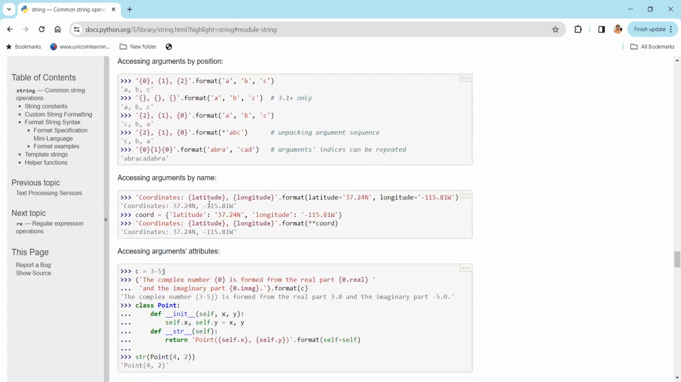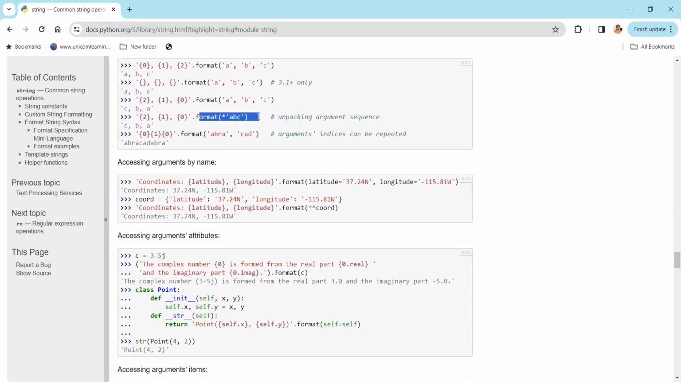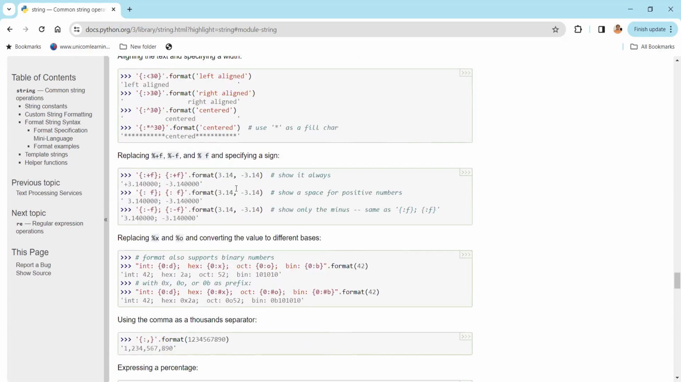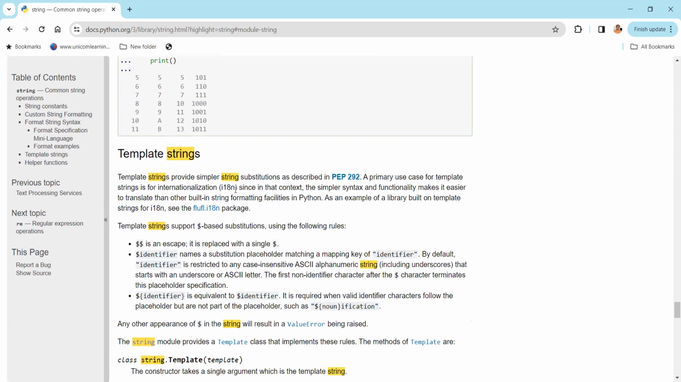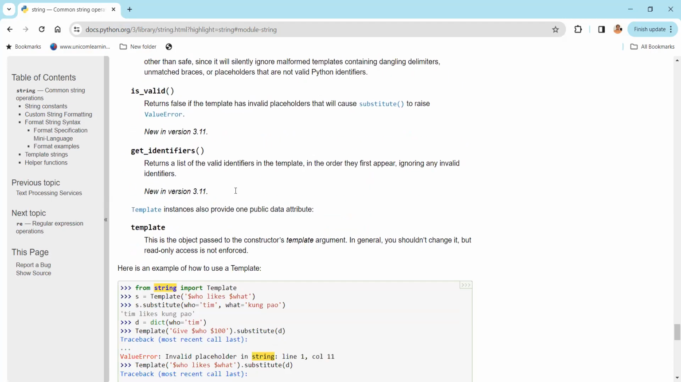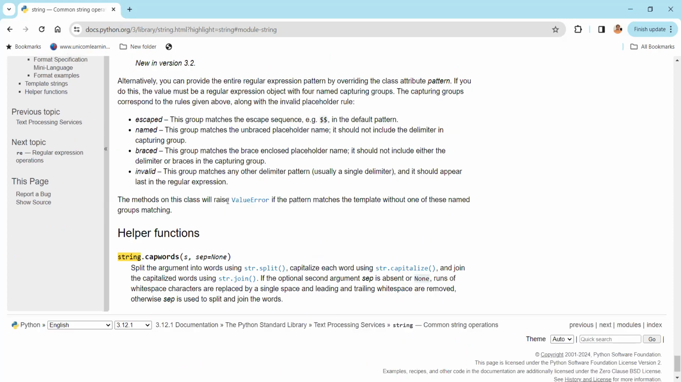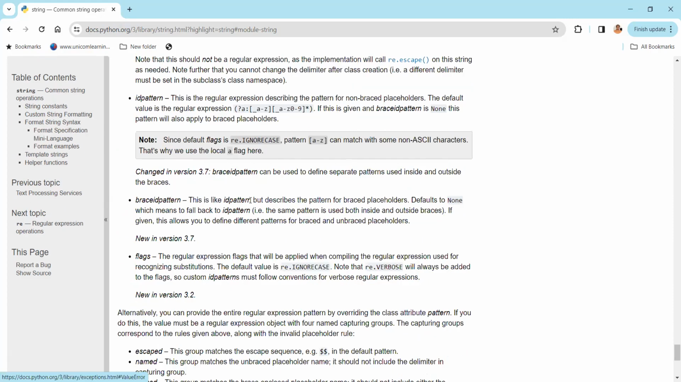We'll talk about this format. This is very similar to what we did using format string. You'll find all the information here, with examples. Now, if you want to know what